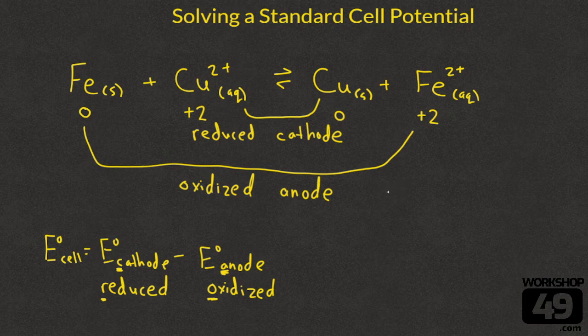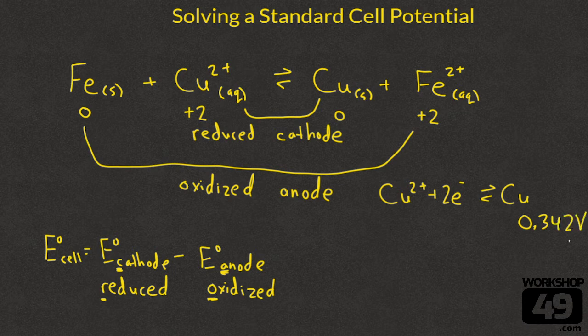They will always be written as reductions. So if we wanted to look at our copper, it will be copper 2+ plus 2 electrons in a reversible reaction with copper, and it has a standard reduction potential of 0.342 volts. And our iron, which is iron 2+ plus 2 electrons, in a reversible reaction with iron, and it has a standard reduction potential of